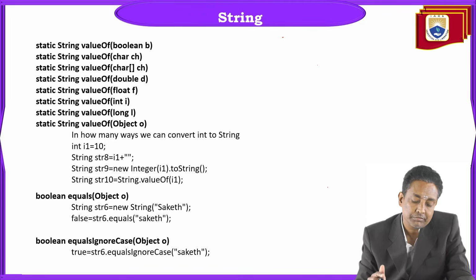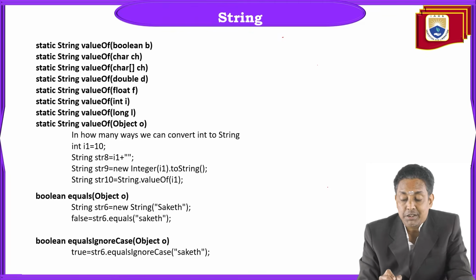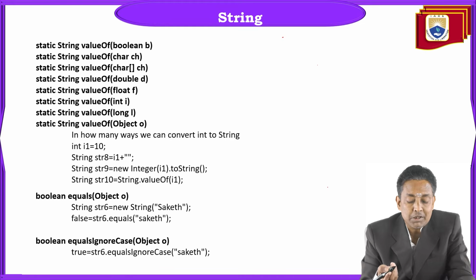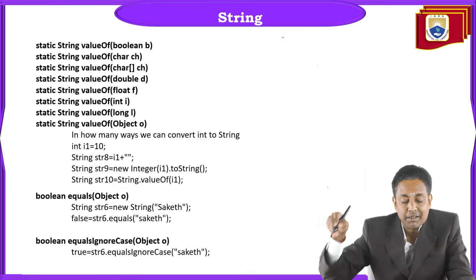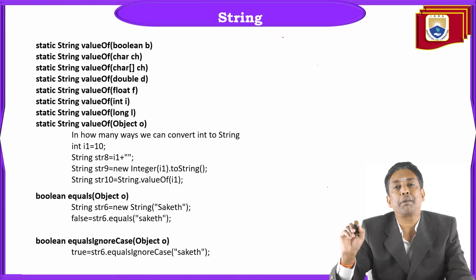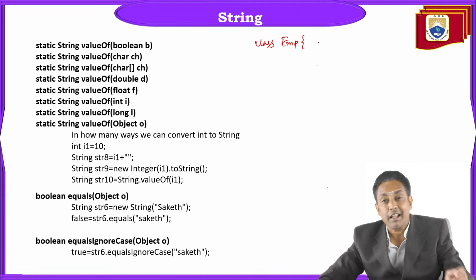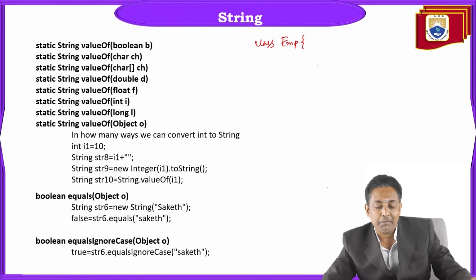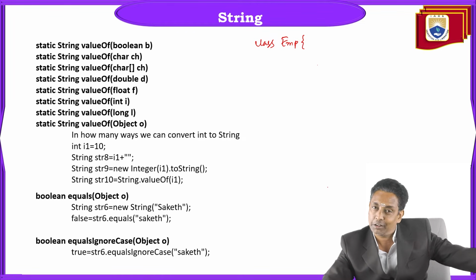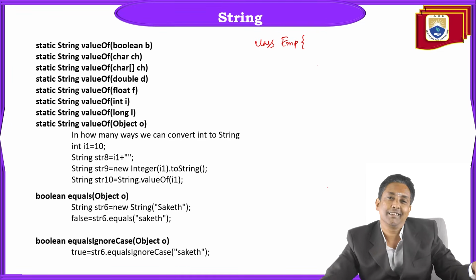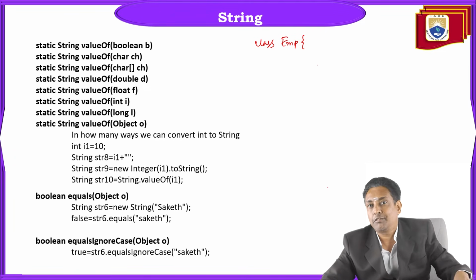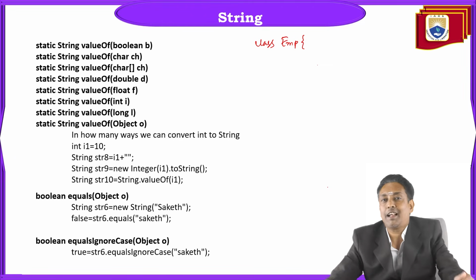Hope that is clear up to here. As I promised you, because the context came, I'm explaining once again how the equals method is implemented. String is already a predefined class, right? And suppose you want to implement the equals method, how do you implement it? In this example, I'm covering how to implement the equals method, hashCode method, and toString method of the employee class. Same thing if you practice for 4 other classes also, you will get hands-on experience